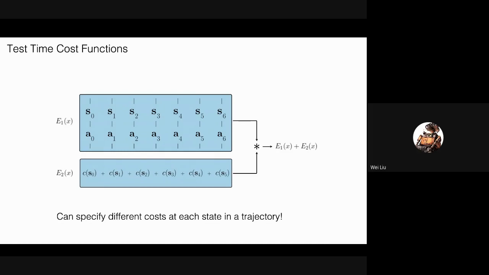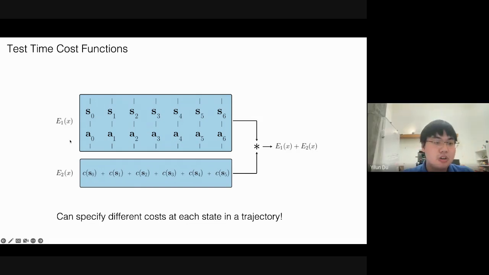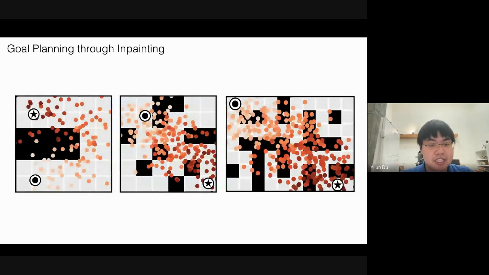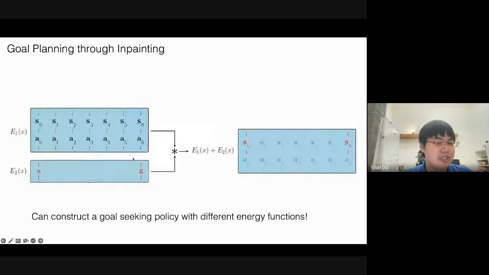Maybe I have a follow-up question on this. So you said this E2 function, you don't need to learn. You can just manually specify. Yes, I should have said this earlier. This energy function here, which is the energy function of our trajectories, we always learn, but this energy function here is manually specified in this case. It's actually also manually specified here. We just manually specify a start state and a go state. As long as you have a differentiable energy function, it doesn't have to be learned. It can be either handcrafted or learned.